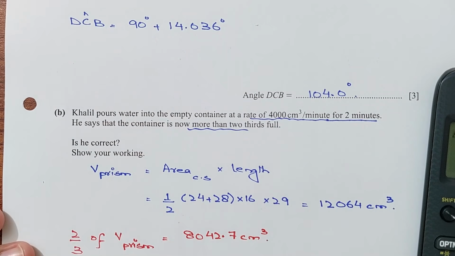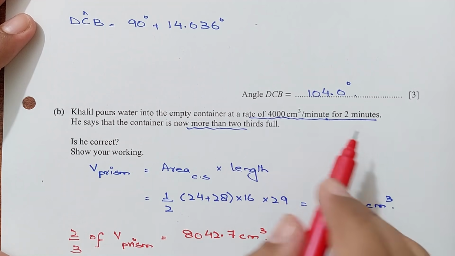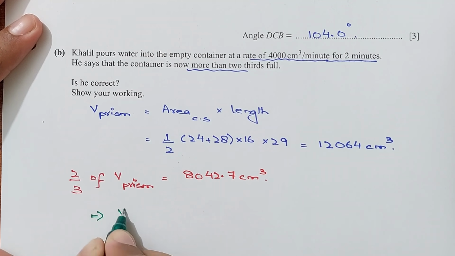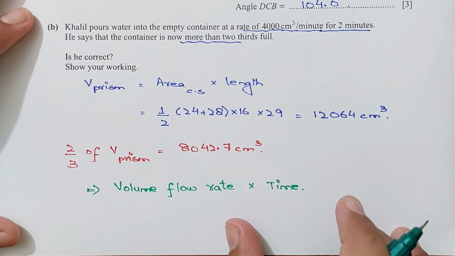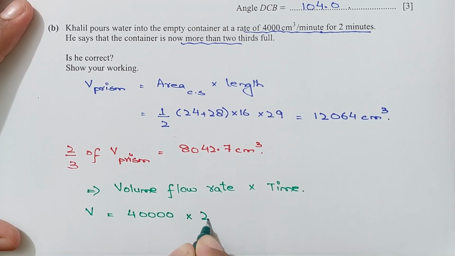Now he is pouring water into the empty container at a rate of this much for 2 minutes. So we are given the volume flow rate, how much the volume is flowing, and the time. The volume flow rate is 4000 multiplied by time, and we will get the volume of the water. So 4000 centimeter cube per minute multiplied by 2 minutes. Minutes cancel with minutes, so the unit is centimeter cube. So 4 times 2 is 8, so this is 8000